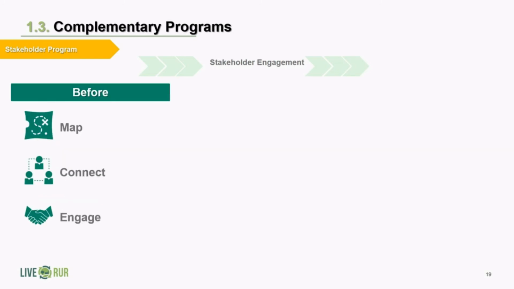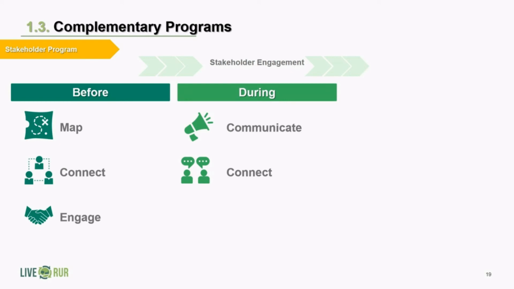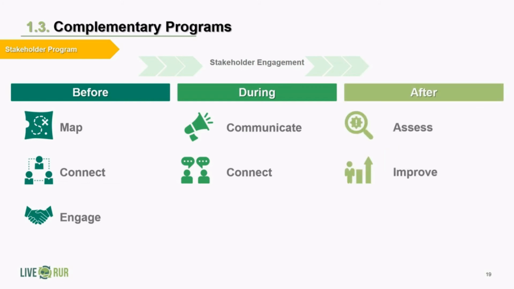Before the start of the Living Lab, you should be mapping your potential stakeholders, connecting and engaging with them. During the Pilot Living Lab's existence, you need to be communicating and interacting with stakeholders in order to nurture a participatory, open innovation environment. Finally, since this is a pilot project, you need to be assessing and improving your interaction with these stakeholders with the aim of creating added value for your users and projects.